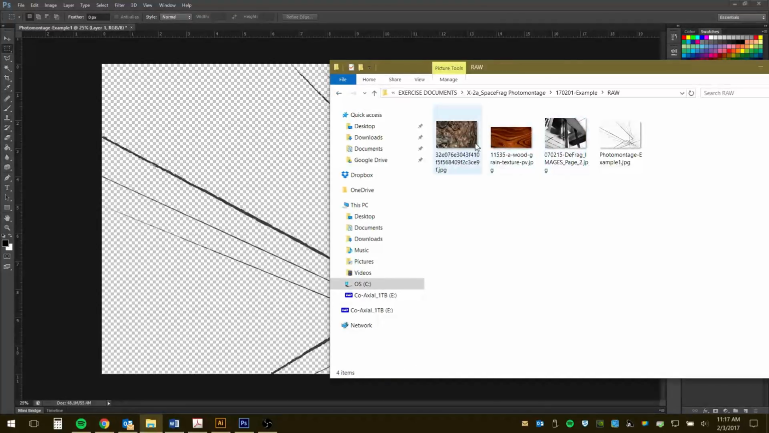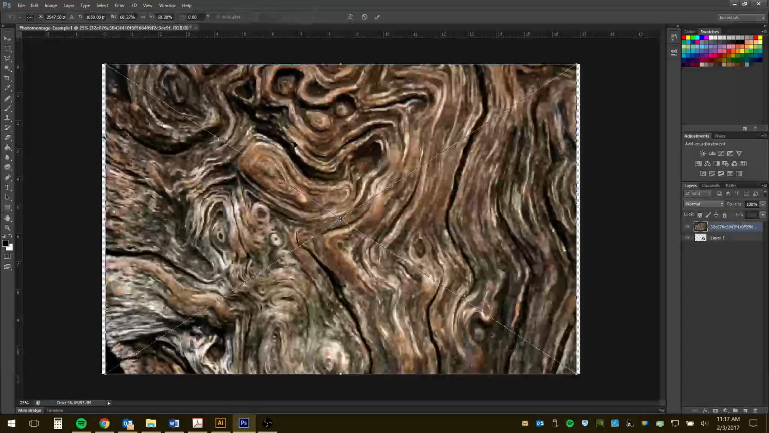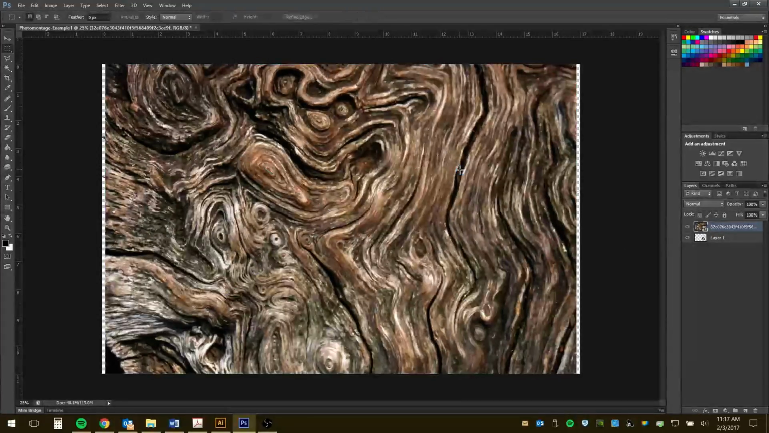And here I have a couple wood textures. I'm going to open it up in Photoshop. I want to open it up as a separate file. So if I just drag it over into this layout and I hit enter, see what it will do here,